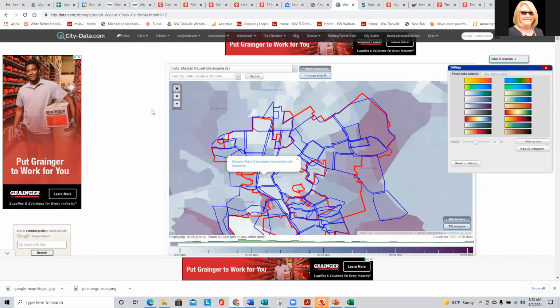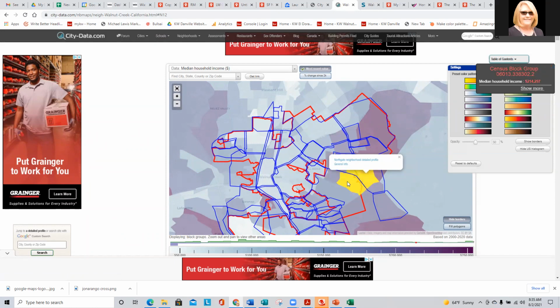And it has a map, you can see here. So you have to ignore the red and the blue. I can say hide borders if I want. But if I click on Northgate neighborhood, I can see the detail of that. You don't have to be perfect on these maps, but I can see the outline of Northgate. So if I click on this one,